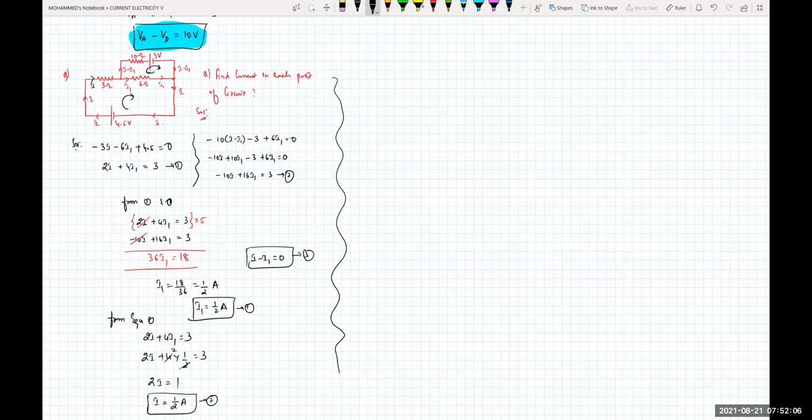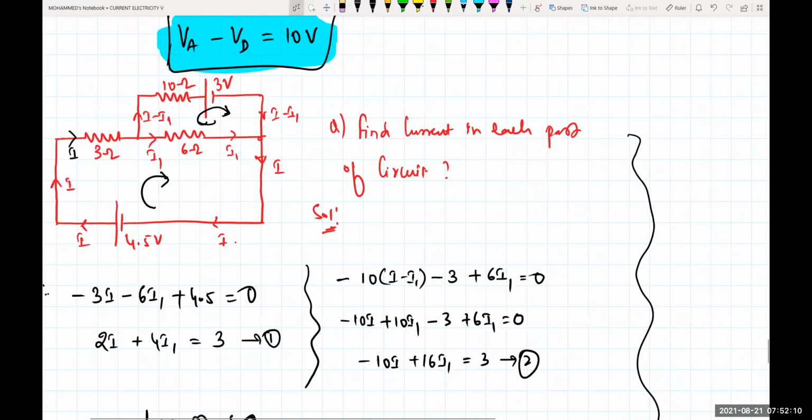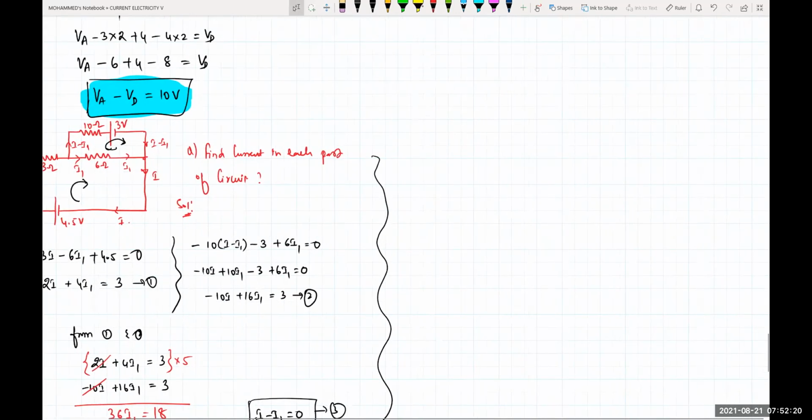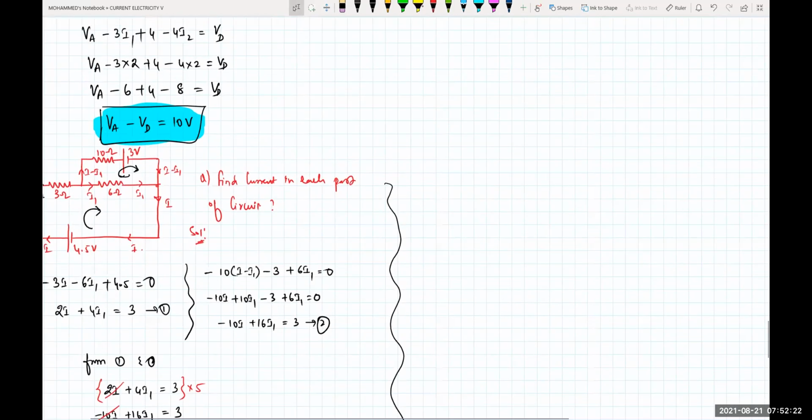See, what is given for me? A battery of 4.5 volt is given for me. See this question. Find the current in each part of the circuit. Above is 3 ohms, then we have 10 ohm resistance, 6 ohm resistance, and above there is a battery of 3 volts. Okay. I did this one by the Kirchhoff KCL. I'm trying to do it by the KCL with the current law, Kirchhoff's first law.